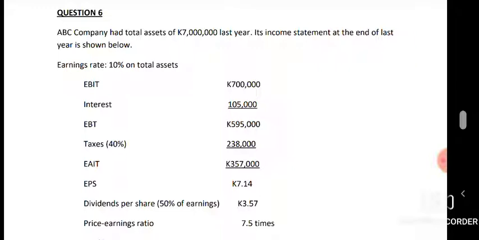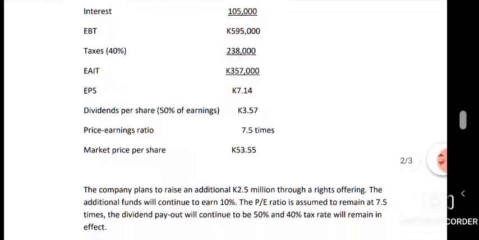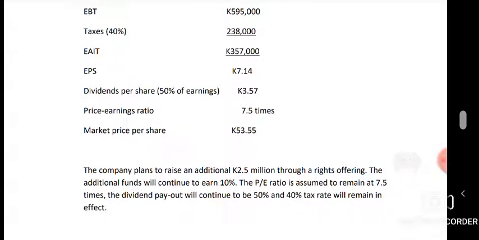The earnings are at 10% of that total assets. And we know the total assets are 7 million. So 10% of that gives you 700,000. That's the one you're seeing as your EBIT. They call it EBIT, earnings before interest and tax. So basically what they're showing you there is what they're calling an income statement or a capital structure. That's it. So you have your EBIT, interests, whatnot. They've given you a capital structure. In short,